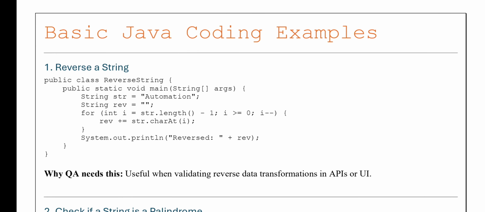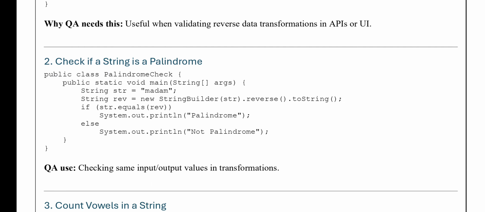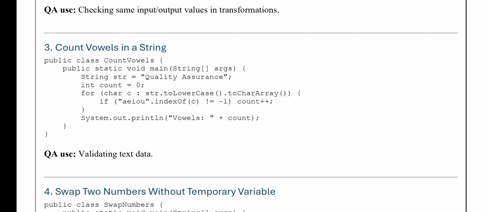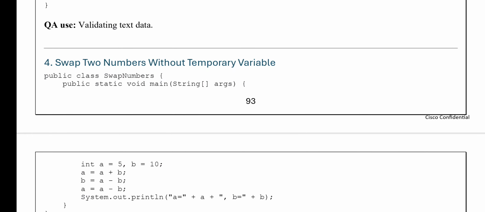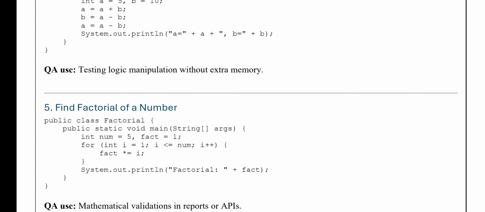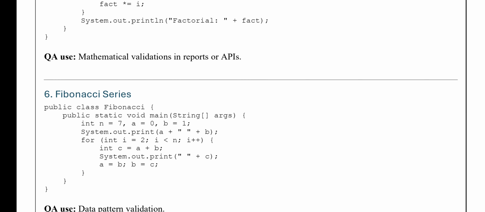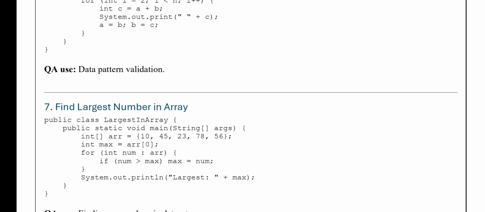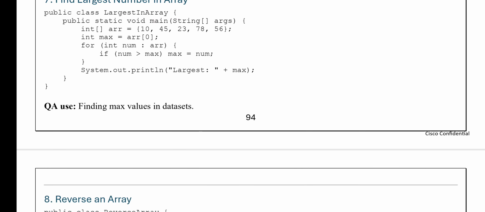Okay, and then these are some of the Java coding programs. Reverse a string, check if the string is a palindrome, count the vowels in a given string, swap two numbers without using a temporary variable, find factorial of a number, Fibonacci series, and find largest number in a given array,